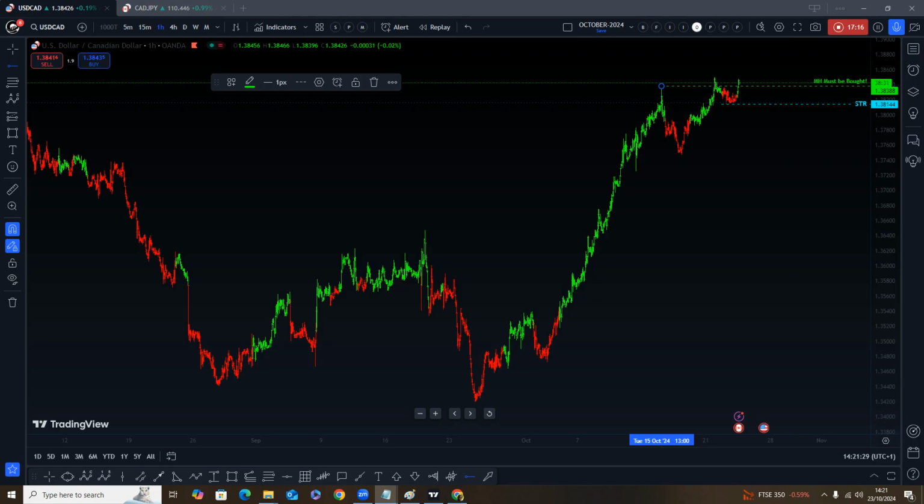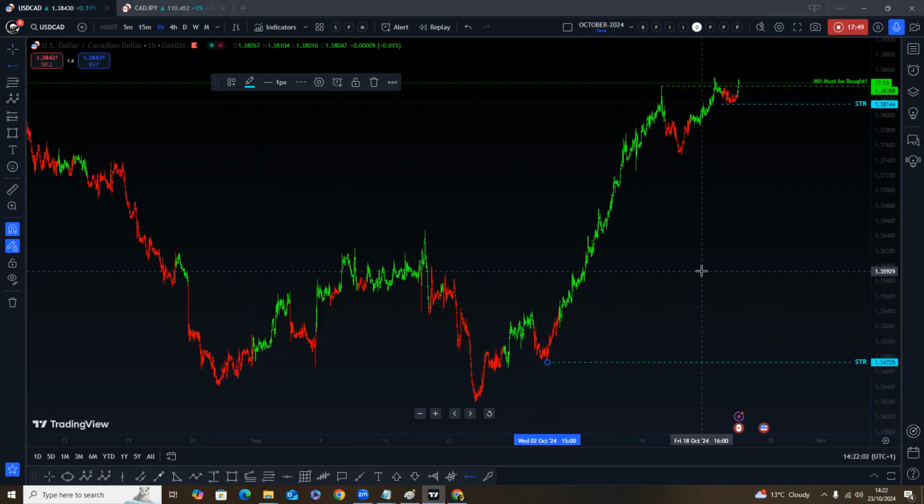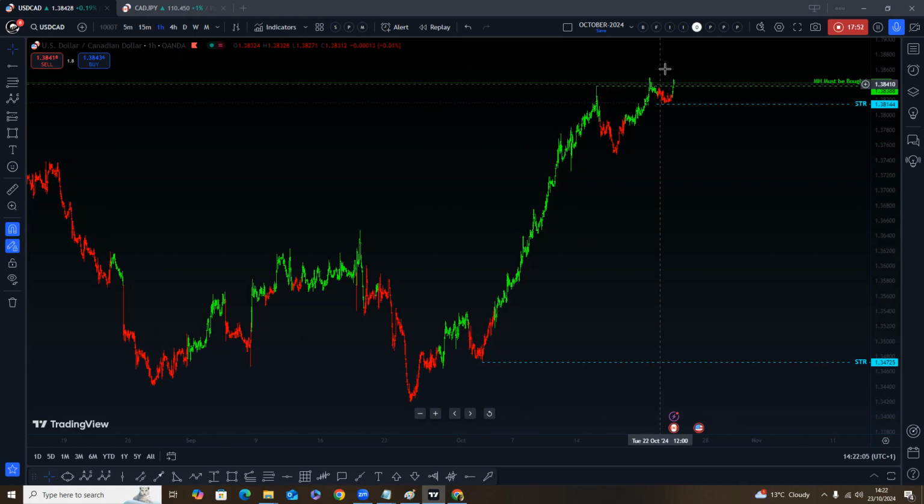Structure 1.3838. Then that's the momentum high. Sorry, momentum high 1.3838. Then the structure 1.3814. If we trade below these two price points, you're going to have a major move to the downside. Okay, I don't want to project that, but we have another internal B structure here, 134.72. But the best trade you can take on the US dollar Canadian, where we are right now, is